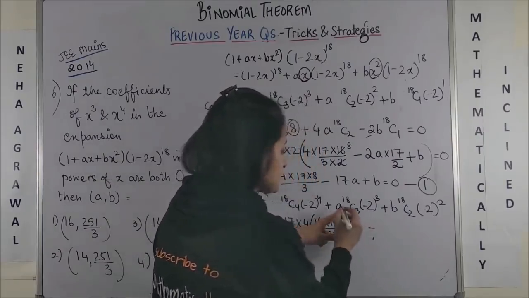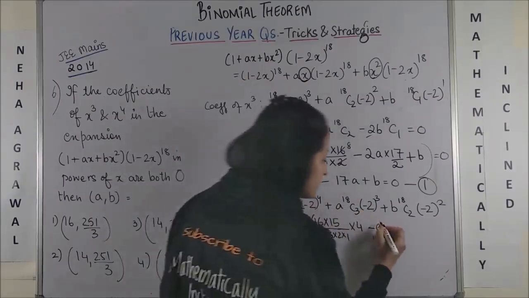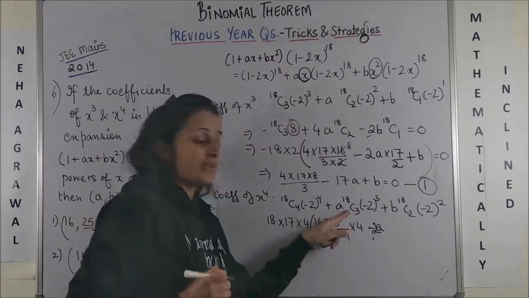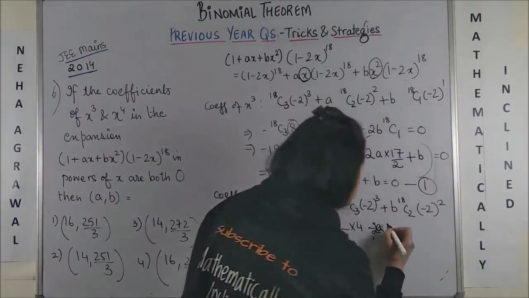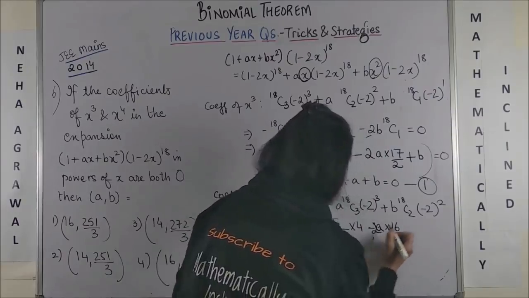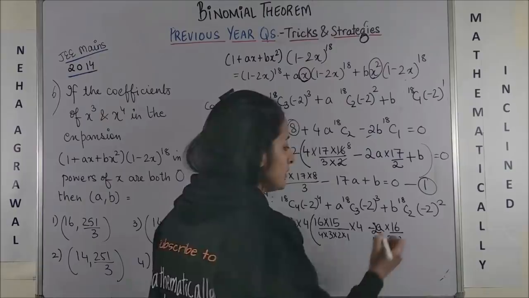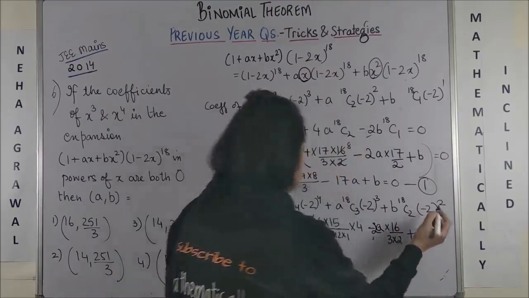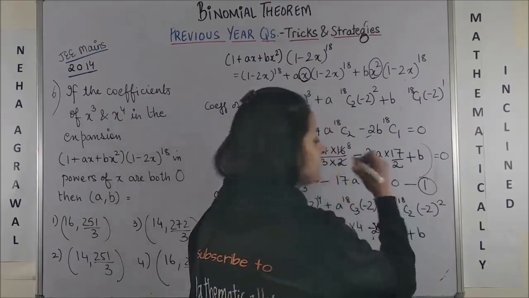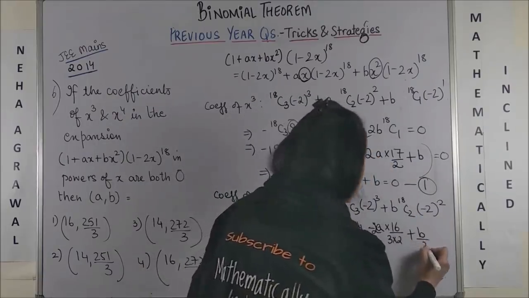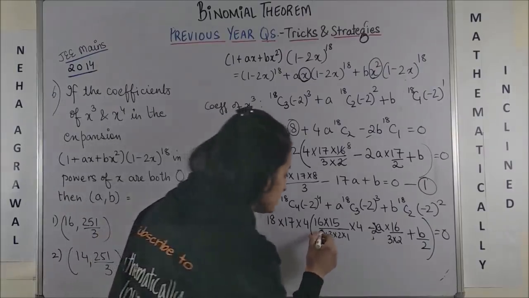So minus a here for sure. This 2 cube is 8, 4 is already out, so minus 2a. 18C3 means 18 into 17 already out into 16, and here I'll get 3 factorial or 3 into 2. Plus this bit, 4 is already out, b, 18 is already out, 17 is already out, upon 2 is 0. So if I simplify all this,